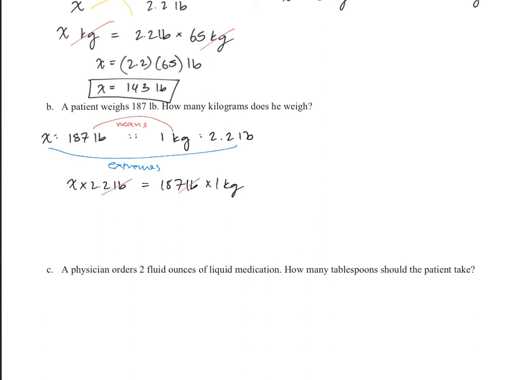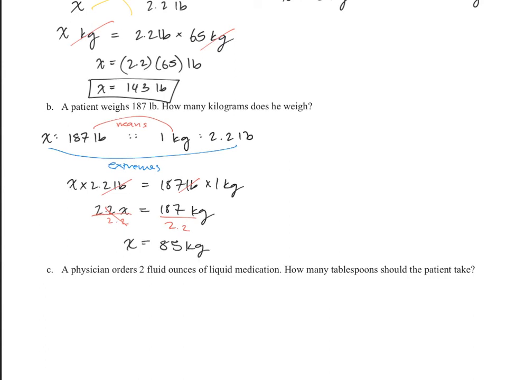Go ahead and cancel out the pounds, and then we are left with 2.2x equals 187 kilograms. Then solving for x, we're going to divide by 2.2. And then we have that x equals 85